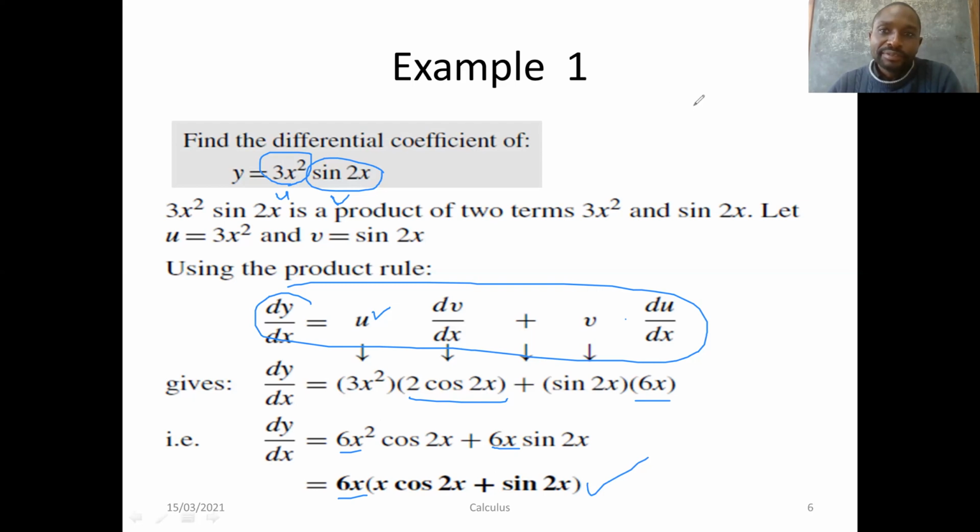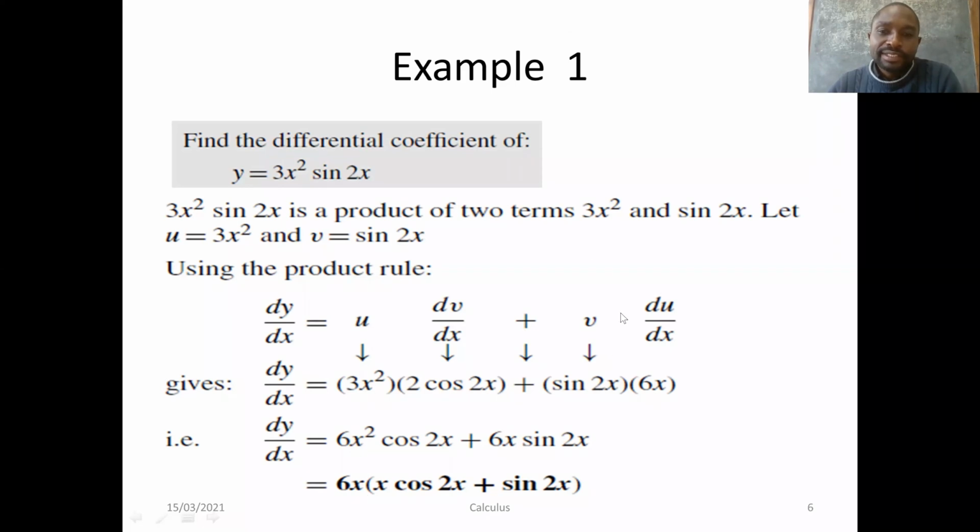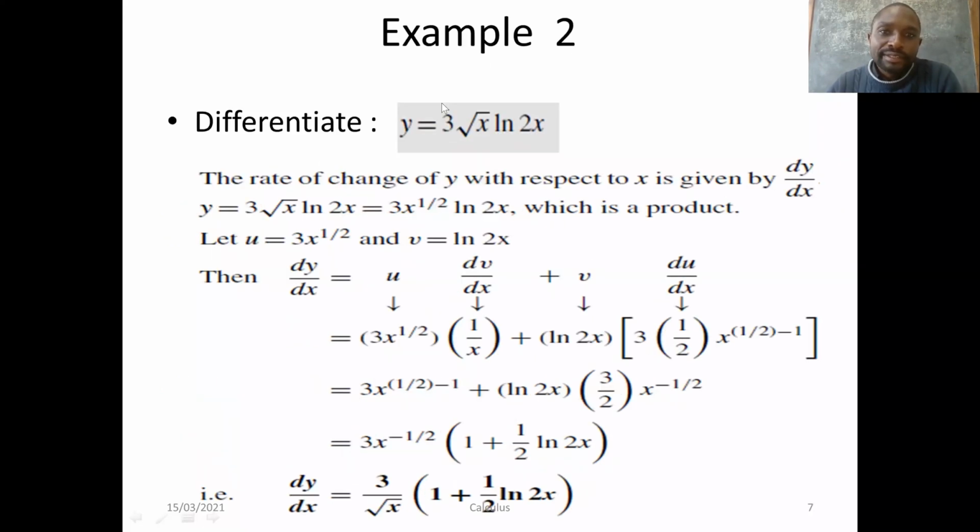We can do the same by looking at the second example. In the second example, let's have a function y equals 3 root x ln 2x. In this example, 3 root x denotes the first function u, while ln 2x here represents the second function v, and the 2 are basically being multiplied. And therefore, we can find the rate of change of y with respect to x in such a way that